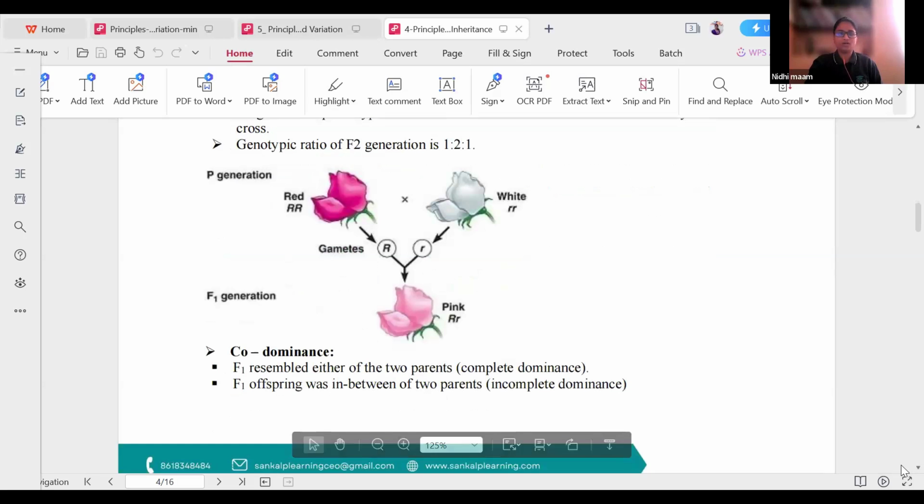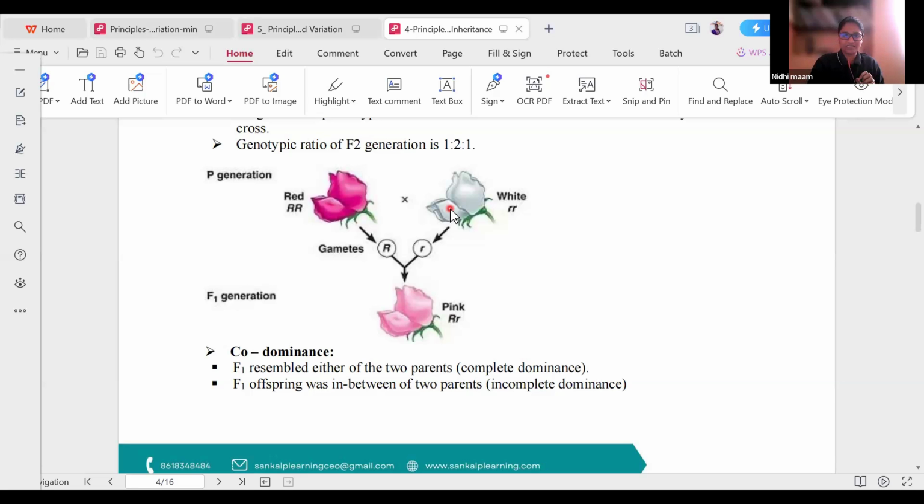Now, everyone who entered the session late, do observe here. See here, in a plant called snapdragon or Antirrhinum, we have two kinds of flowers. One is red, another one is white. Red is a dominant color. White is a recessive color. That means red will be expressed always. White will be expressed only in the presence of the white allele. If the red allele is there, it does not express. This is according to what?